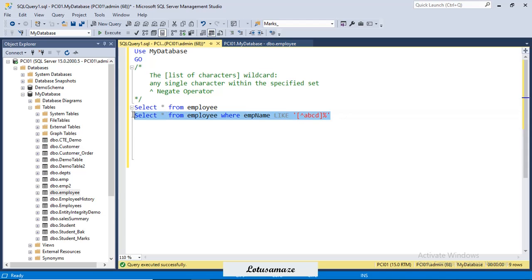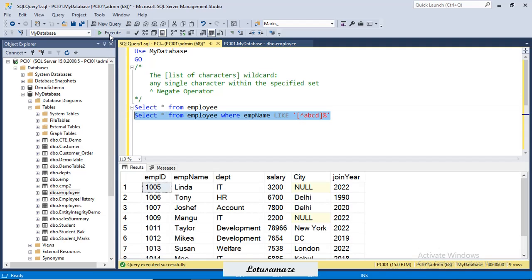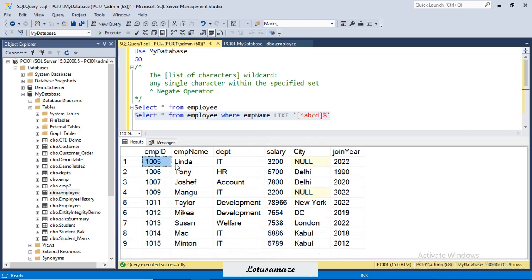If I execute this one, you can see no name is there which starts with A, B, C or D. All other characters other than A, B, C, D are there. So this is the use of the negate or circumflex sign.